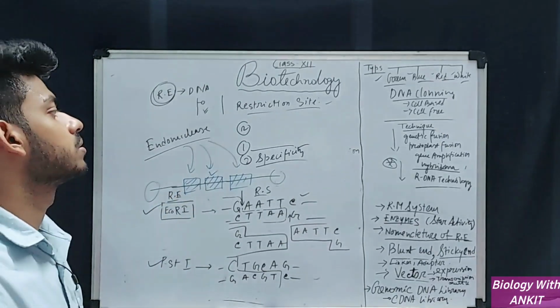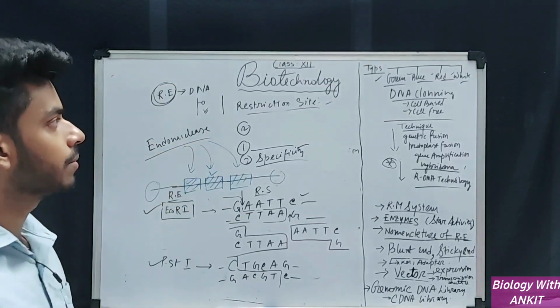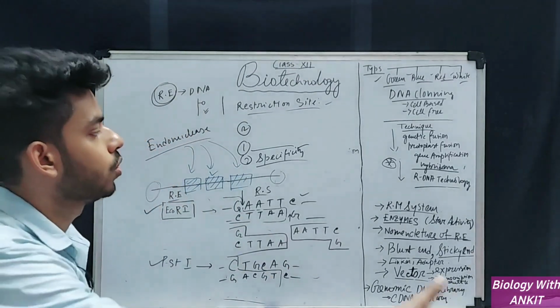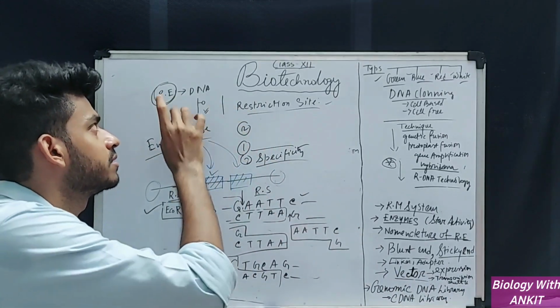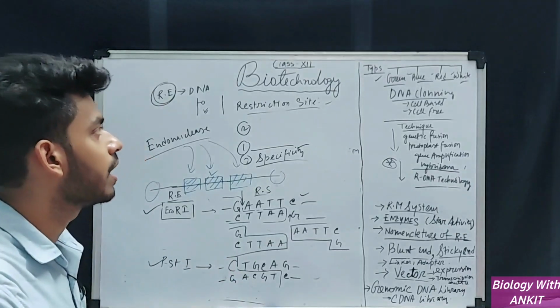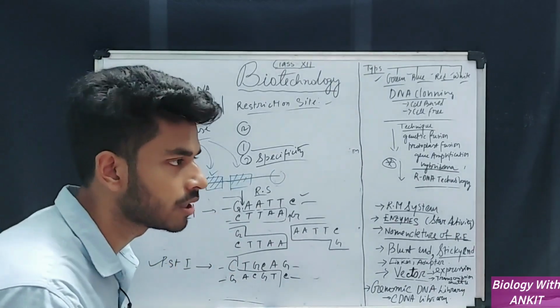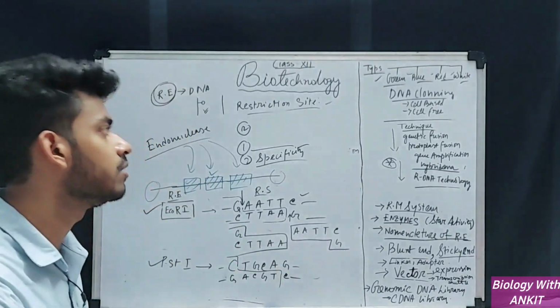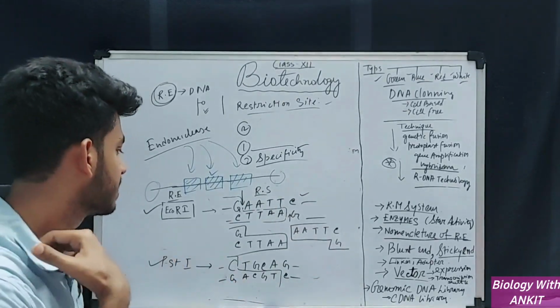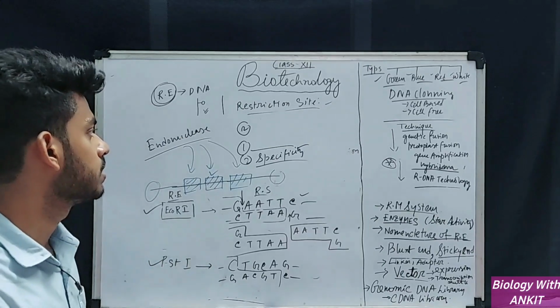Okay, so you are understanding that the biotechnology that we are discussing in this part has its soul in this enzyme, that is the restriction endonuclease. Without restriction endonuclease, you cannot cut a DNA, and if you cannot cut a DNA, you cannot generate the target DNA or the gene of interest, and you cannot proceed further. Okay, so this is the RM system, and these are some examples of endonucleases.